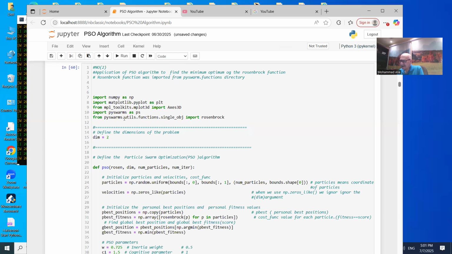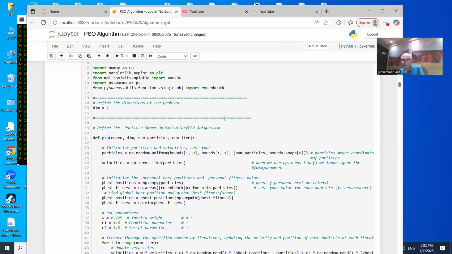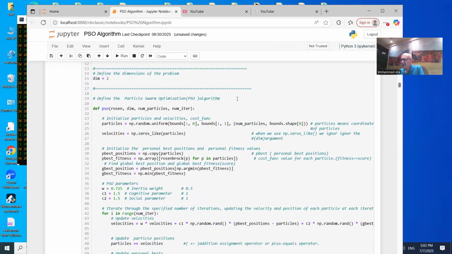Rosenbrock function at this time is defined by importing it from the functions directory of the PySwarms. As I told you previously, the PySwarms library has a directory called functions, and there are a lot of functions which could be used without defining them specifically. So I imported Rosenbrock from there, and now we shall begin optimizing this function. We have defined its dimension as 2. It has only x and y